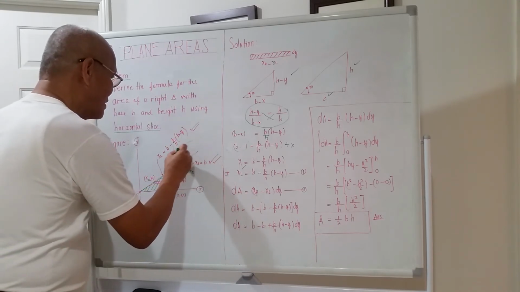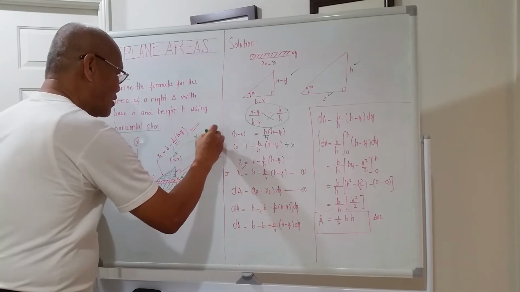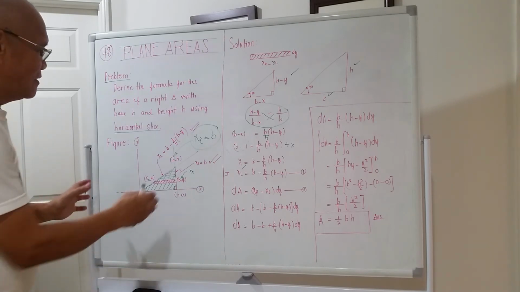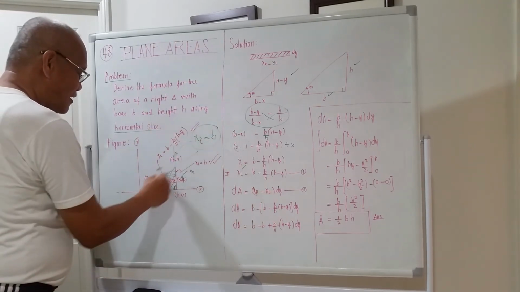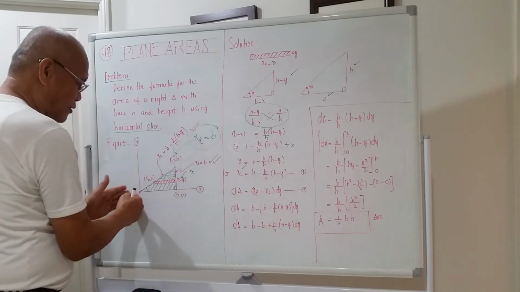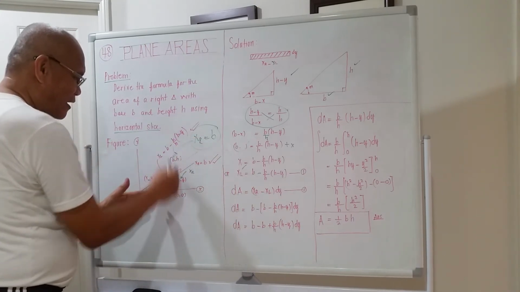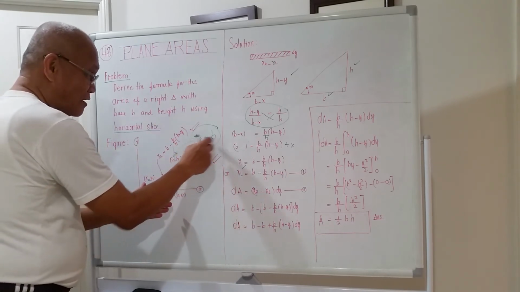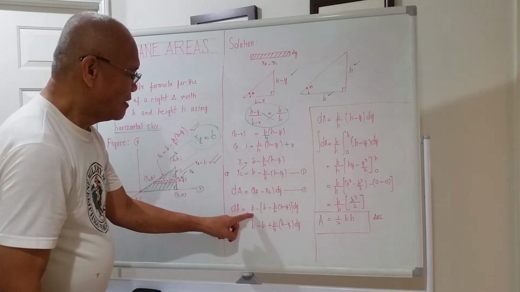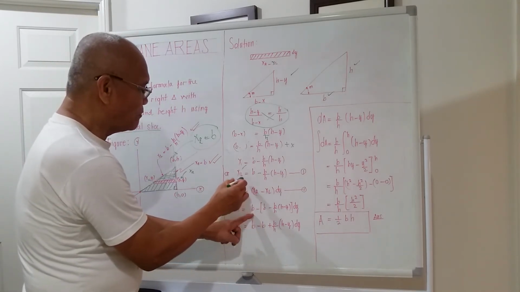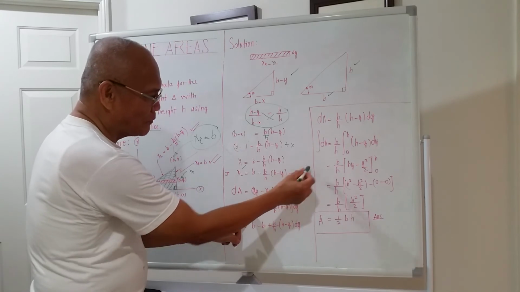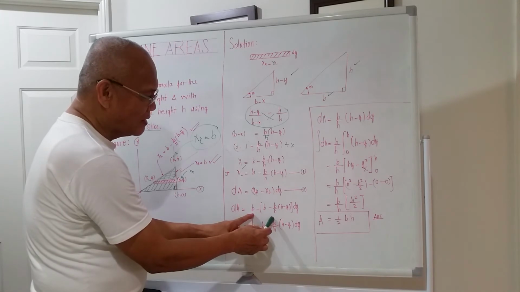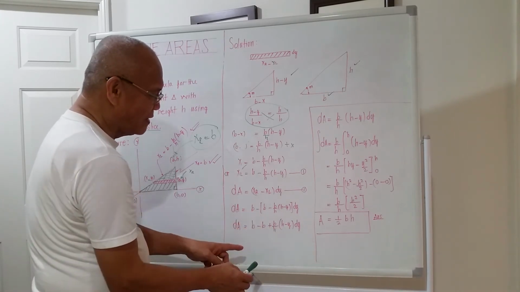The equation of this is xr is equal to b. That's a vertical line. It is just simply a vertical line. This, the hypotenuse, is a little bit complicated because it was inclined, right? But for this one here, xr is equal to base. So this should be base minus open bracket, the complete value of xl as computed from equation number 1. So this is base minus base over h times the quantity h minus y, okay,